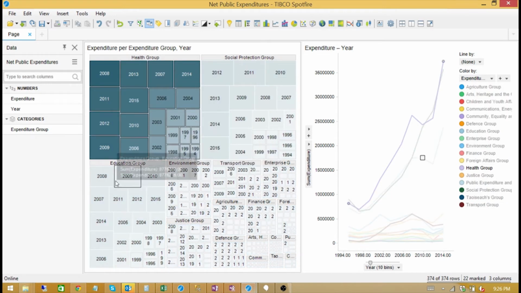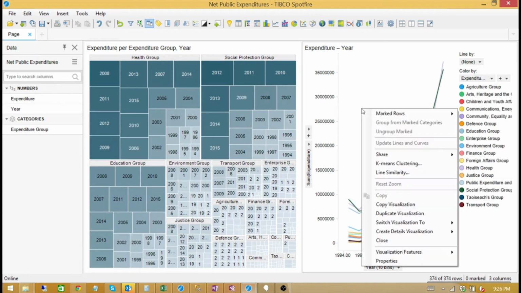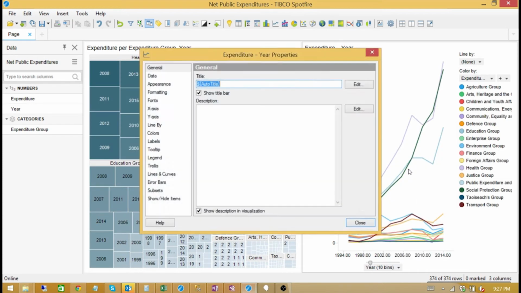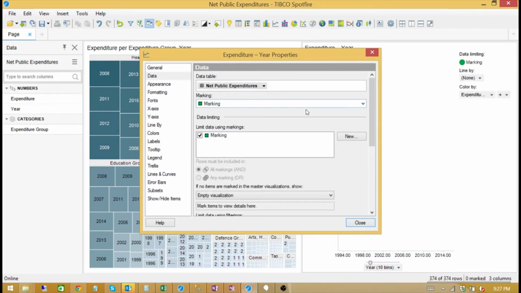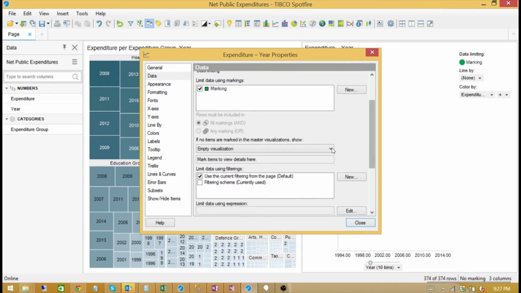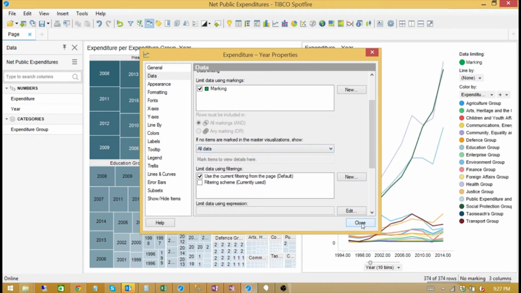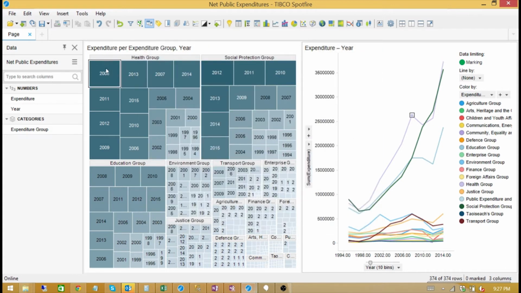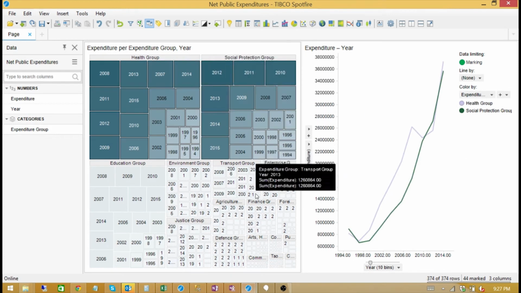We can get each one so that it labels which types of group we want. I'm going to go ahead and change my properties here so that it's limited by whatever I mark on my tree chart, so I can do a little bit of data exploration and set this so that all data is shown when I don't have anything marked. And now I can look at the trend over time for my top two groups,